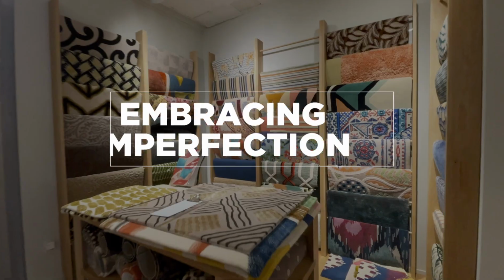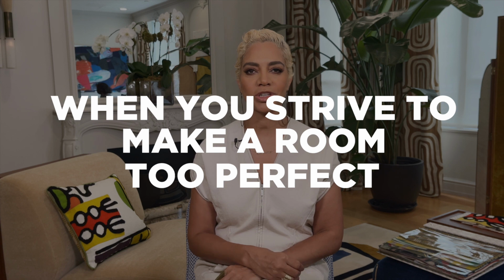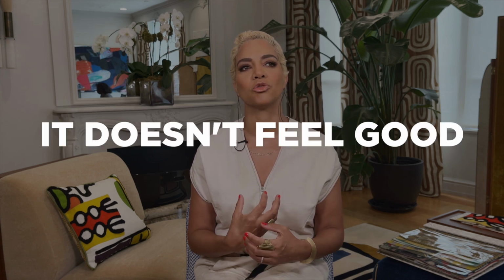As designers, we are always striving for that perfect room, that perfect mix, that perfect color palette. And so you may be surprised to hear that I think that design is always better when there's a little bit of imperfection. When you strive to make a room or a space too perfect, it doesn't feel good. You have to have a little something off in every space to give it a little bit of the human